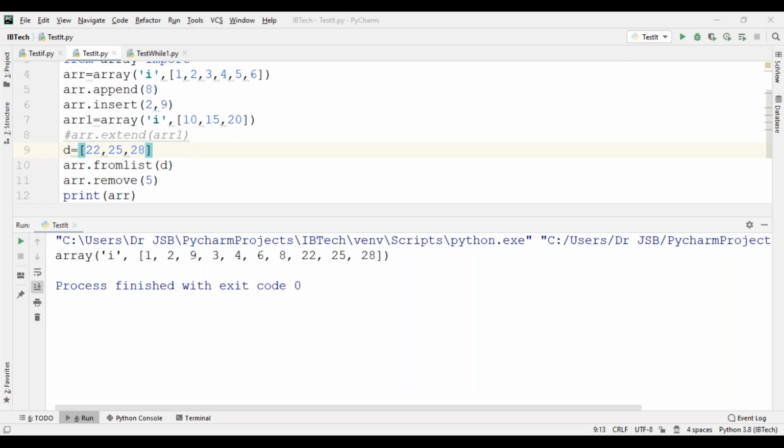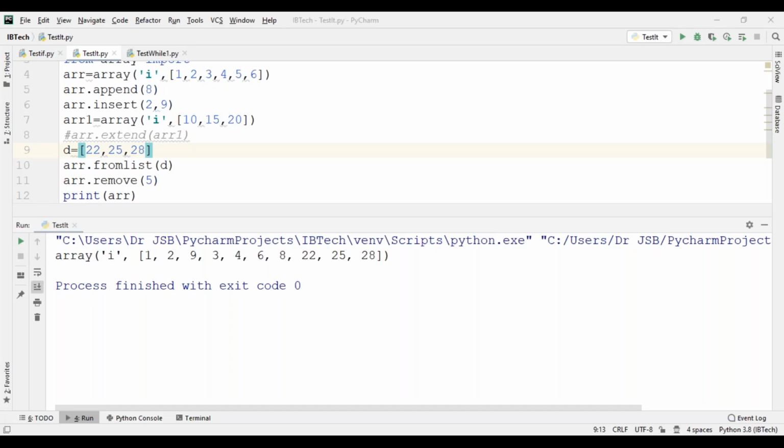Those operations are put into Python; that method is called the pop method. Pop removes the last element from the given array.